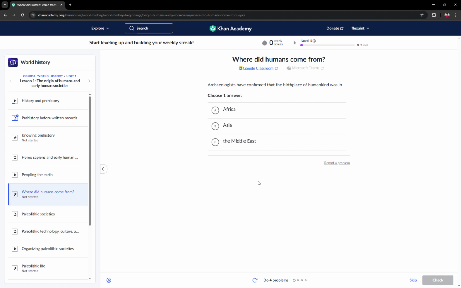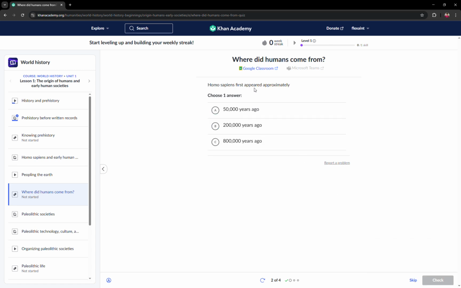In my guess, the birthplace of humankind was in, let's say my answer is Africa. Let's check. As you can see, it is green and it's a check symbol, so that shows that my answer is correct.